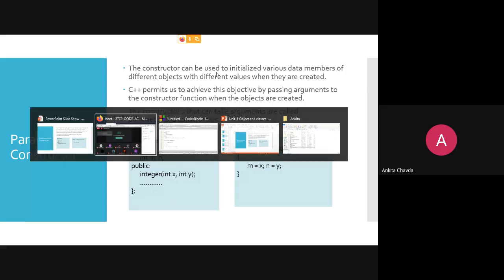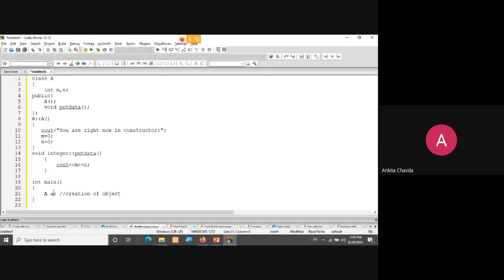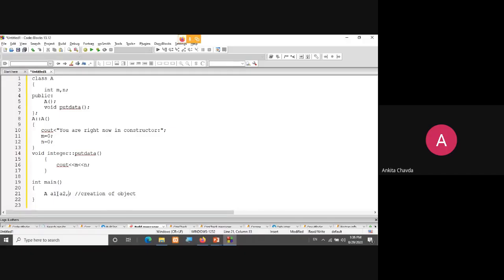But if I write here m equals 0 and n equals 0, what will happen if I create one object a1? The values of m and n will be 0 and 0. When I create a2, it also has the same values for m and n, 0 and 0. a3, again the same.